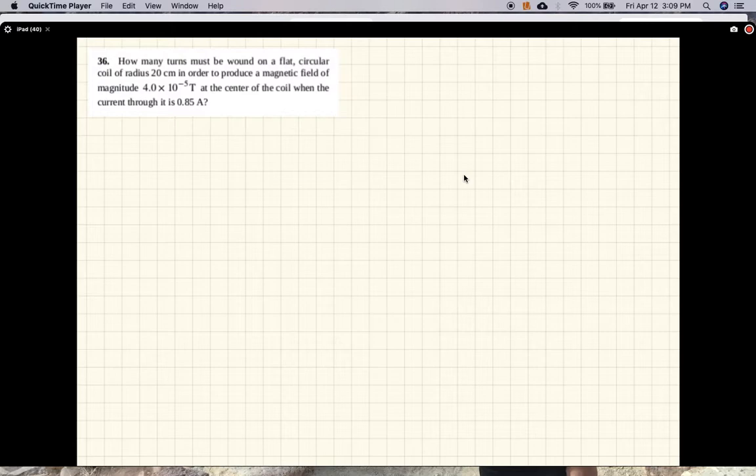Okay, so what does this problem say? How many turns must be wound on a flat circular coil of radius 20 centimeters in order to produce a magnetic field of magnitude 4 times 10 to the minus 5 Tesla at the center of the coil when the current through it is 0.85 amps? This magnetic field is roughly the strength of the Earth's magnetic field on the surface of the Earth. Okay, so anyway, what we want is